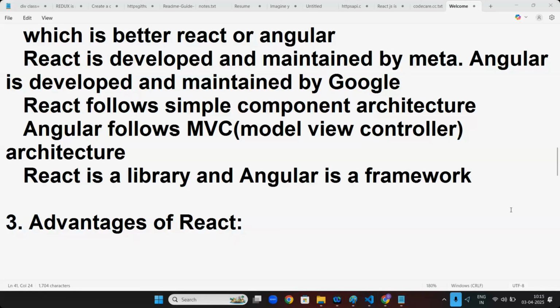I'm not saying it's not necessary. I'm saying Angular is easy, but still, sometimes React is necessary for the industry, so people will divide the course like Java with React. Or sometimes Angular is necessary for Python, so they will divide the program like Python with Angular. Never try to fix it like Java with Angular, Python with React. It's not fixed like that. Is it clear? Online, is it clear, ma? Especially Vignesh, is it clear?